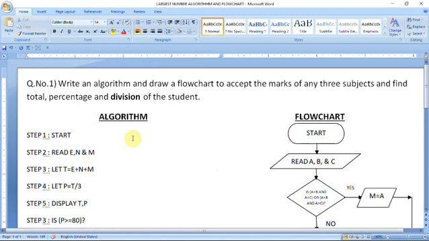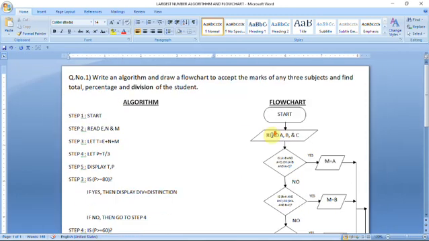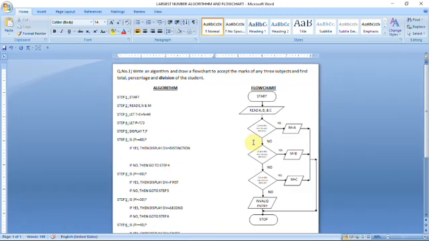You have to write these flowcharts yourself, and from tomorrow I will start another looping-related algorithm and flowchart, looping statement related, like in programming you have to use the for next statement, while statement, do while loop. There are different types of looping statements in programming. So from tomorrow I will tell you how to use the looping statements and how to write the algorithm and flowchart related to looping statements, so that you can easily learn,